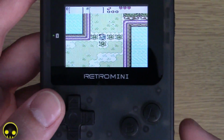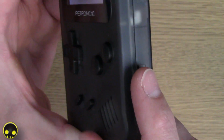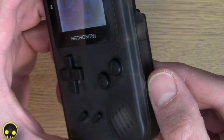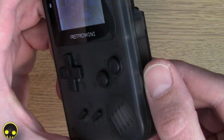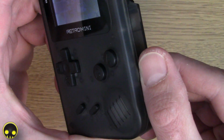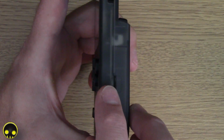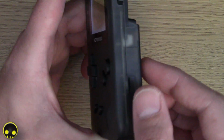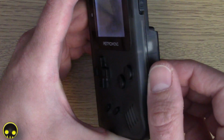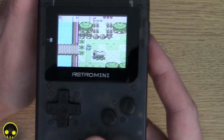So one thing to note here is if you get one of these, this little slider is real sensitive. You could just barely move it up from no volume, just barely, and it'll get loud quick. You have to go very slowly. Like really, really slowly. I was actually thinking about putting a little rubber gasket or something in there to make this move slow and smooth, because it would make it operate a lot better, because you could get pretty loud on here. You won't notice with this particular volume on this game, but